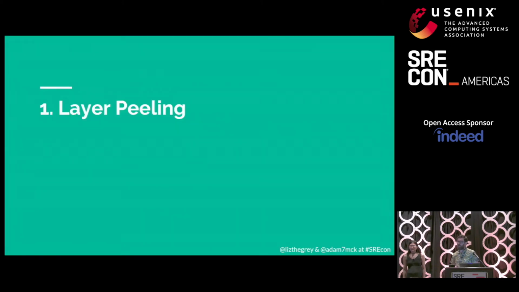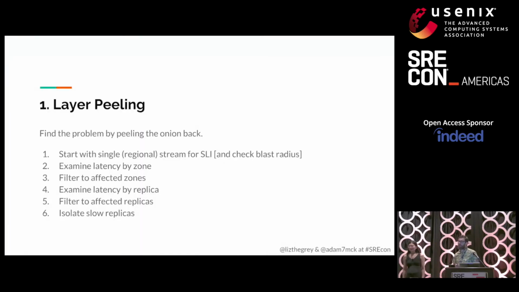So the first technique I'm going to use is the one I reach for almost every time out of the box, layer peeling. What this means is we start at the very top level, the highest level, which is the same level that our alerting works on. Of course, it wouldn't do for us to be paged every single time one of our replicas, as Liz mentioned, we have thousands of these replicas around the world, if one of them was going wrong. So we have to start with a very high-level aggregated metric,